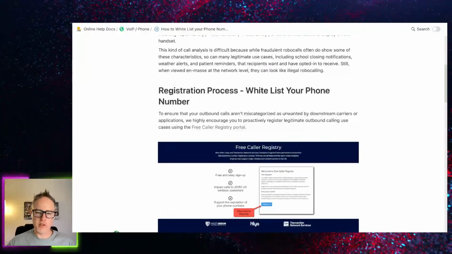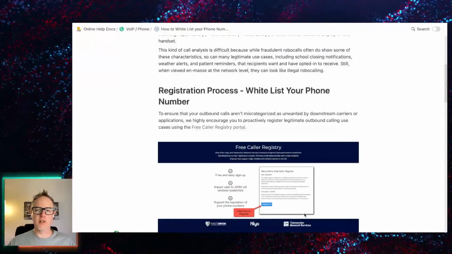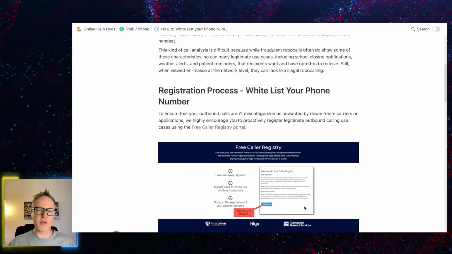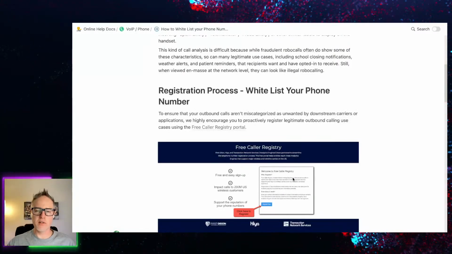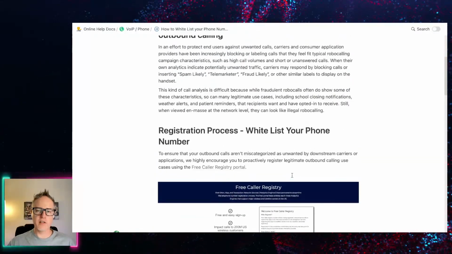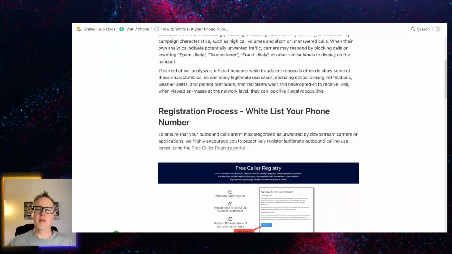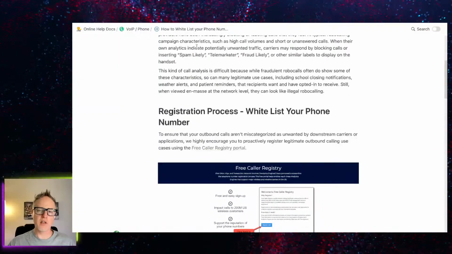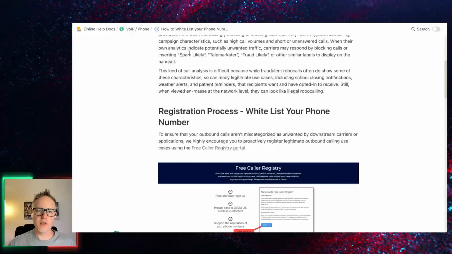In here, if you fill out this form, it submits it to First, Orion, Haya, and TNS, which is like AT&T, T-Mobile, and Verizon. They're going to look at your phone registration. They're going to see that, oh, I'm a legitimate business, and they're going to update the reputation of your phone number if they think that's a good idea to do,